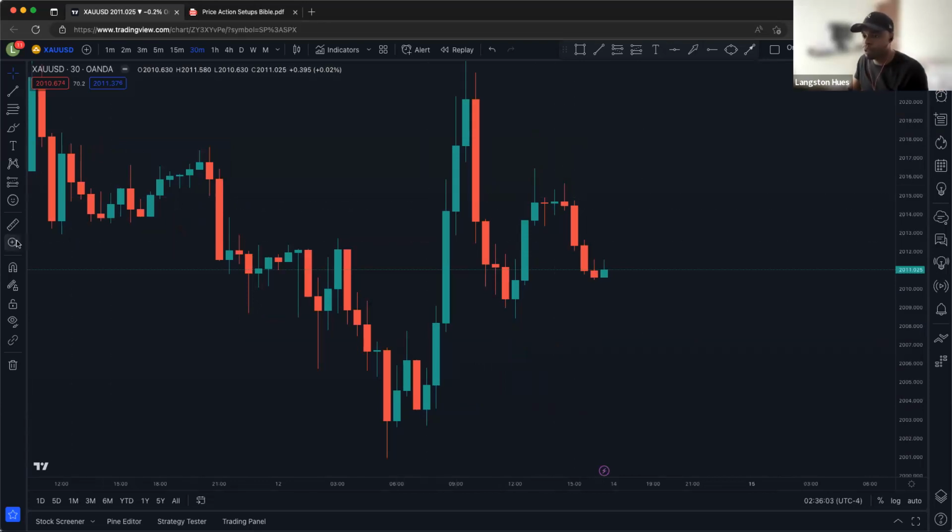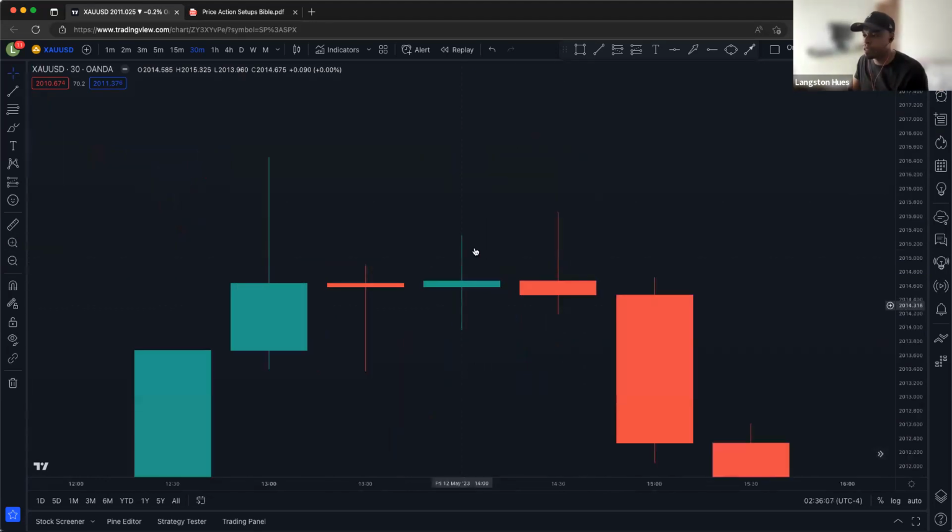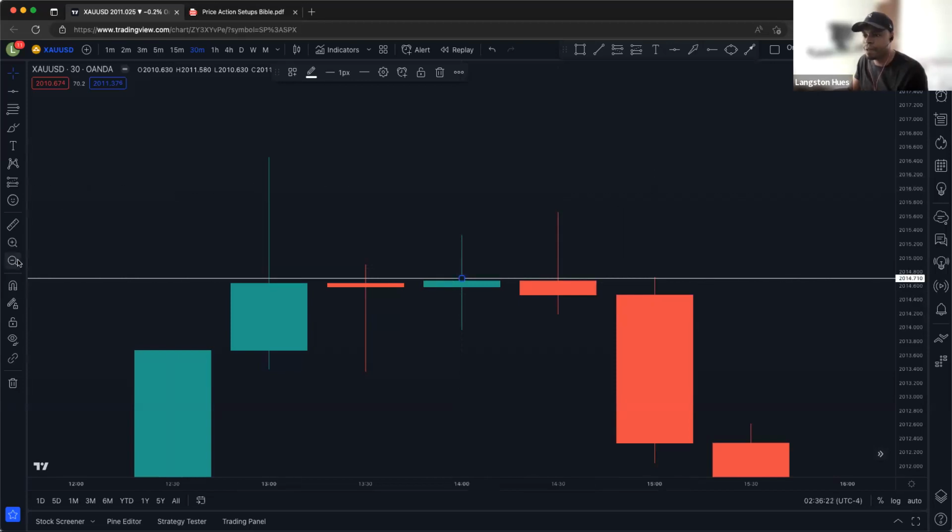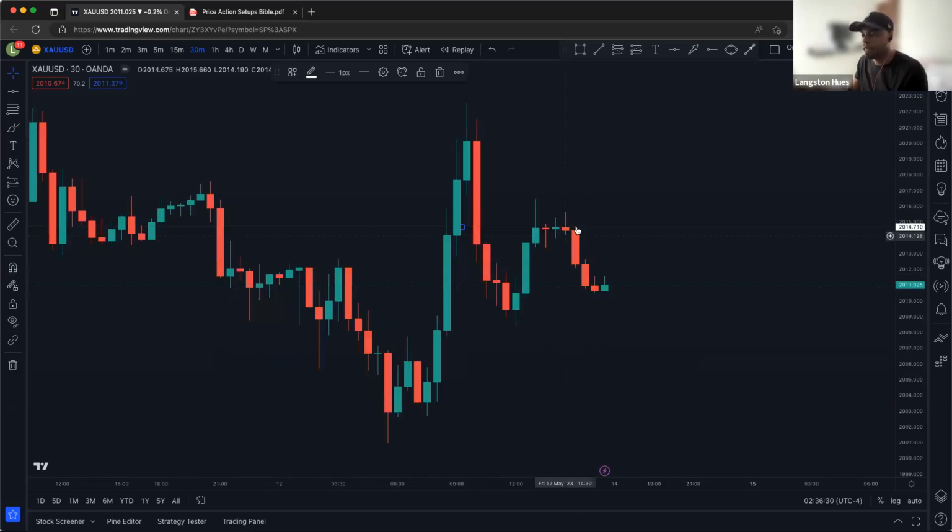Let me zoom in real quick, just briefly. Price couldn't close above this candle, so it formed this resistance right here. So let's plot it. We plot it on the body of the candle, not the wicks, because the wicks are just showing us where price went, but it couldn't close. So this is our resistance right there.